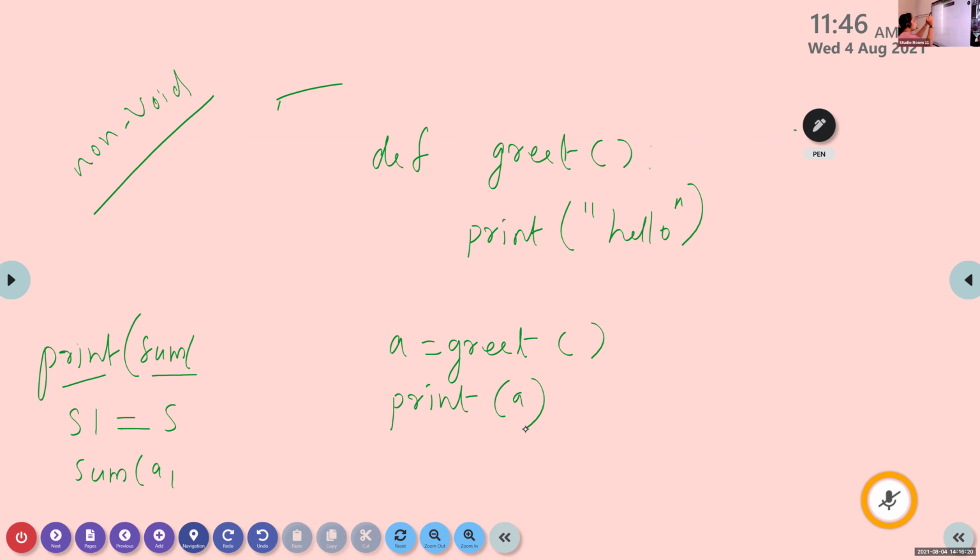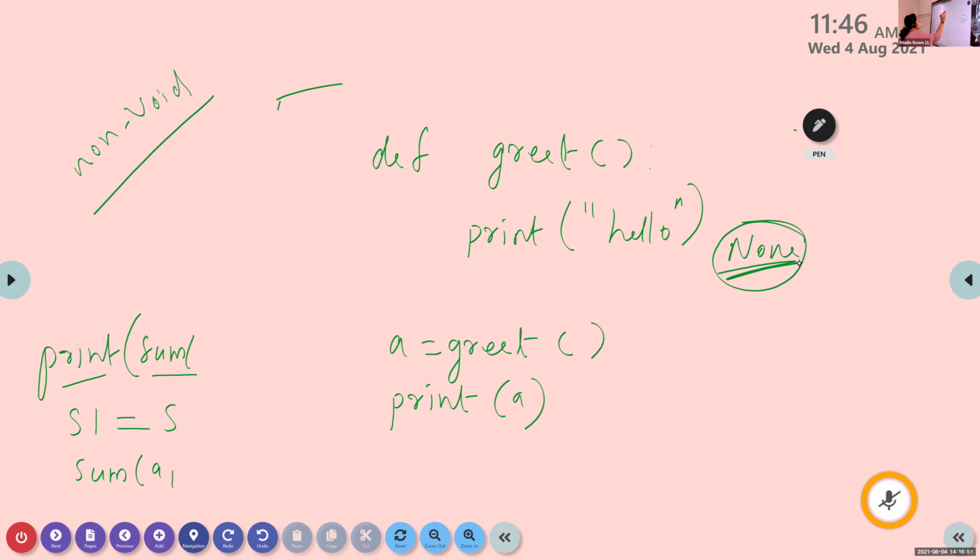Okay, in all void functions, the returned value is None. The computed value is not returned in a void function. Nothing is returned to this main program, but by default, the function definition returns a value that is known as None in all void functions. In every void function, the returned value is None.